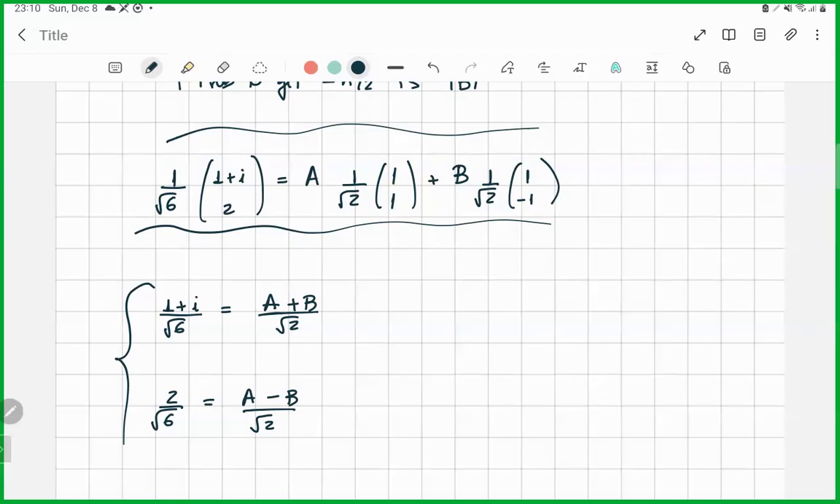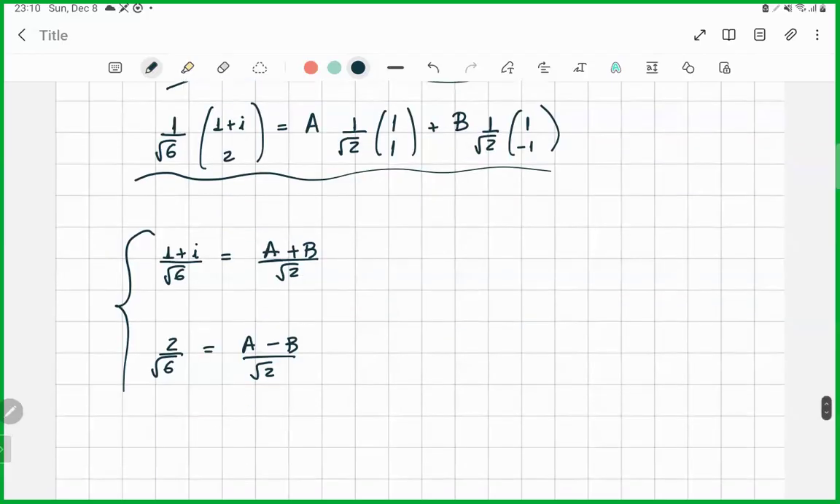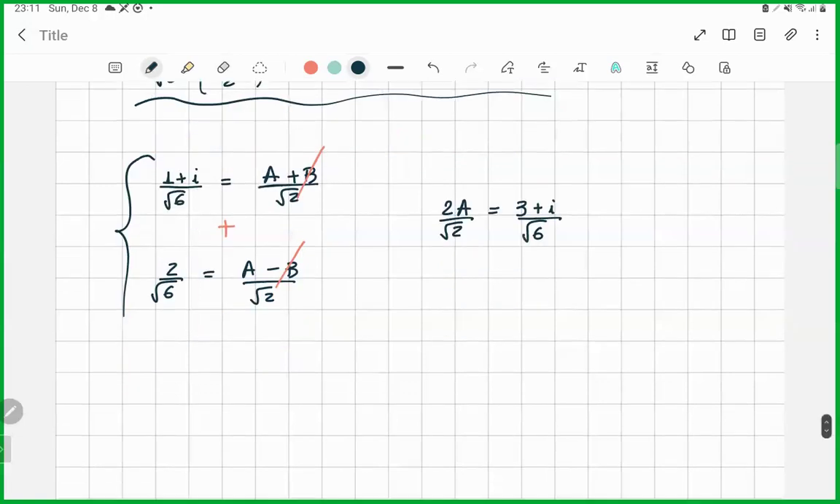All right, so let's go for that. If we sum both equations, we can find an equation for A because the B is going to disappear. So I'm summing both equations. I have 2A over square root of 2, right? I'm summing these two equations, so this part disappears. I have A twice. And on the other side, we have 3 because of 1 plus 2, so 3 plus i over square root of 6. Okay, so this part here we can rewrite as square root of 2,